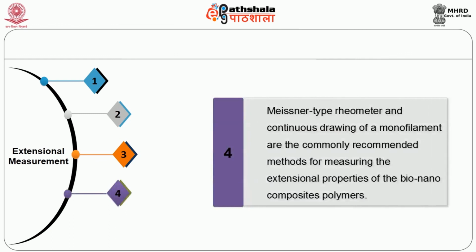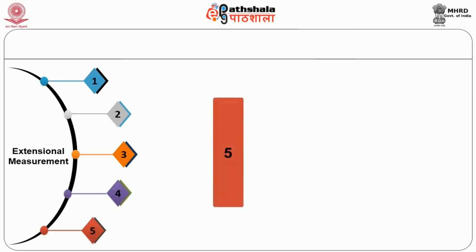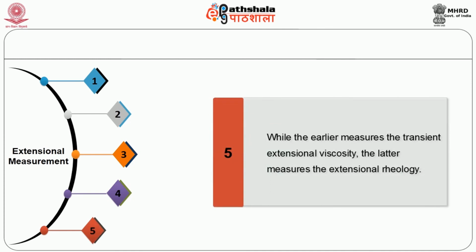Meissner type rheometer and continuous drawing of micro monofilament are the commonly recommended methods for measuring the extensional properties of bio-nanocomposite polymers. While the former measures the transient extensional viscosity, the latter measures the extensional rheology. After a very long discussion on testing of bio-nano packaging material, I would like to conclude that the environmental pollution caused by the use of synthetic packaging material has reached a dangerous position, particularly in developing countries. This could be mitigated by the use of